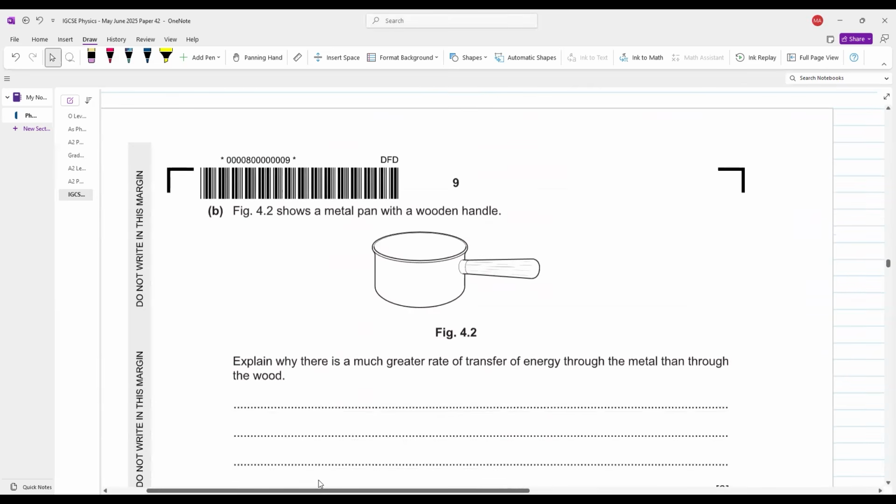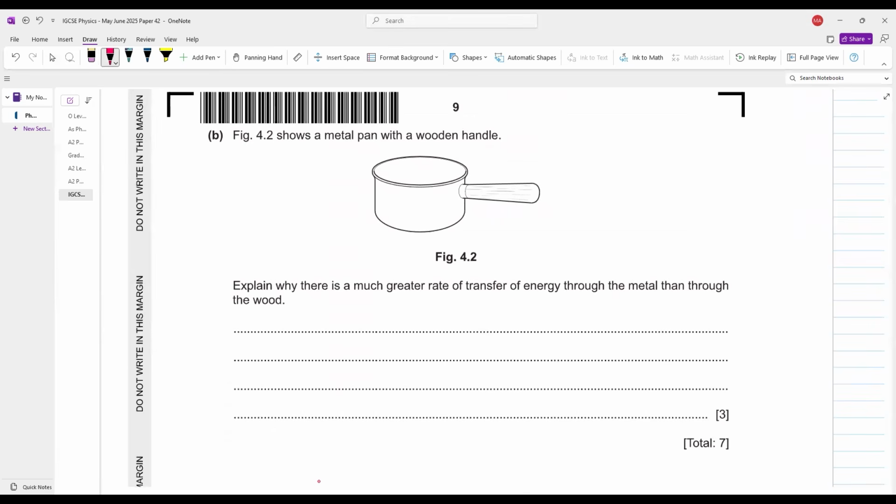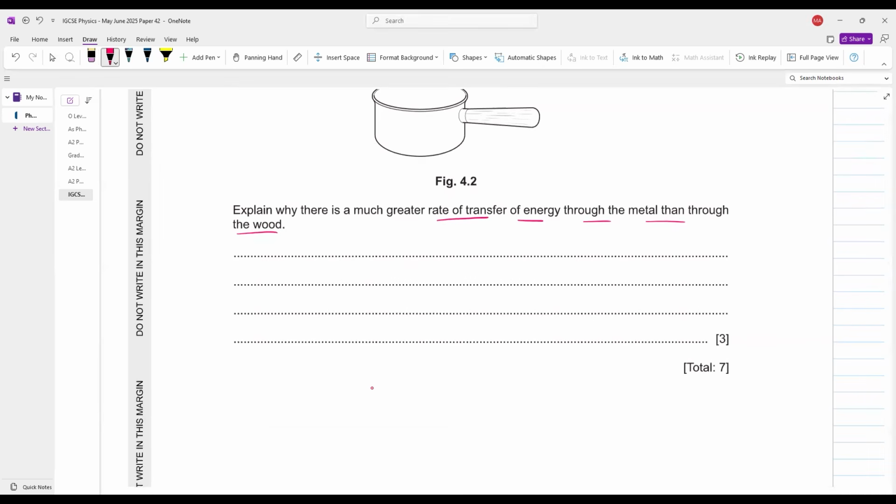Let's further move ahead. Figure 4.2 shows a metal pan with a wooden handle. Explain why there is a much greater rate of transfer of energy through the metal than through the wood. हमने बताना है कि ये वुड के थ्रू हमारा एनर्जी ट्रांसफर कम क्यों हो रहा है compared to the metal. First of all you will say wood is an insulator,